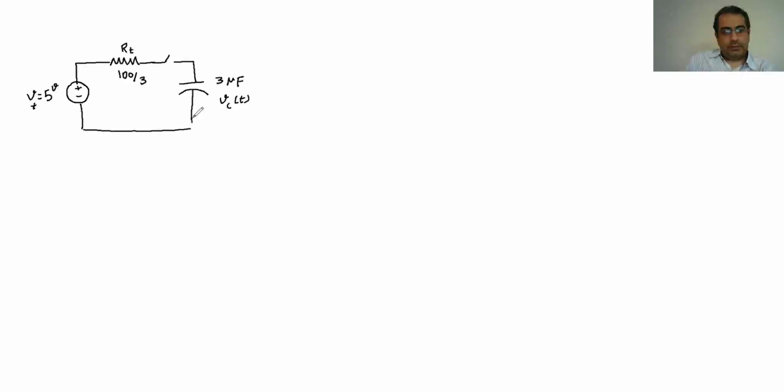And this is what we have. So now if I close the key at t equal to 0, we want to see how the V